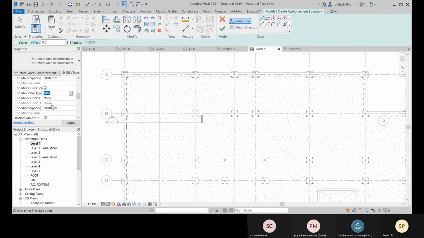Top minor, we choose 16 mm, and the minor spacing is 300 mm. And here also if you need bottom, you can include it. And if you don't need, you can uncheck this, so you will not have bottom both major and minor.